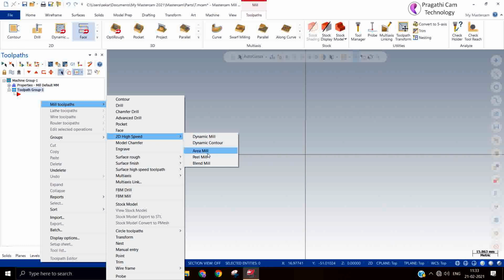So when the hard material comes, you cannot use the dynamic mill. So the hardness is more than 40 HRC. I mean to say after heat treatment the material comes, so you need to go for area mill.